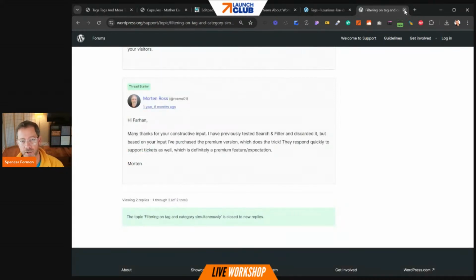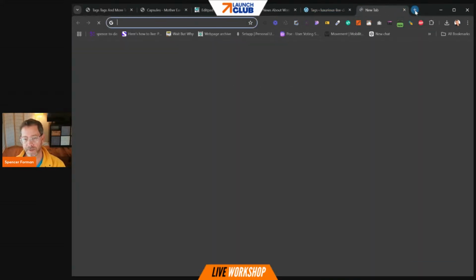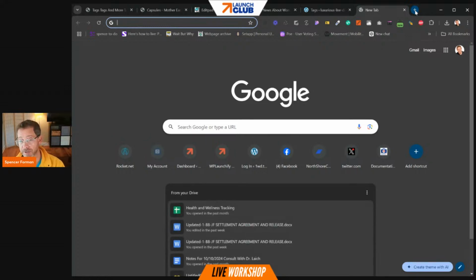Right. So this is only done by way of a special tool. Now, here's where the special tool comes in. Like I use faceted search on these various sites. I can actually install it here and set it up. But let's just look at something like where we're at today, WP Launch Kit